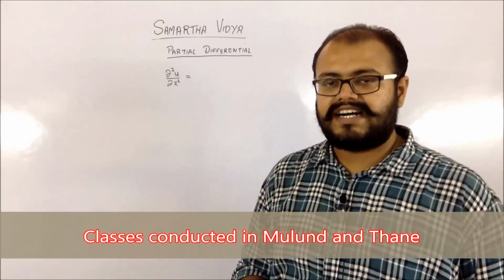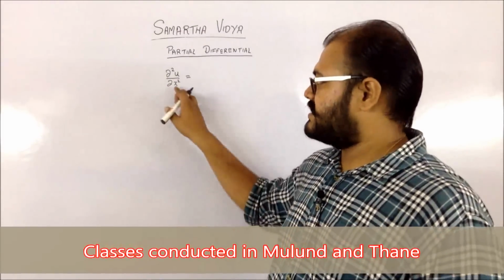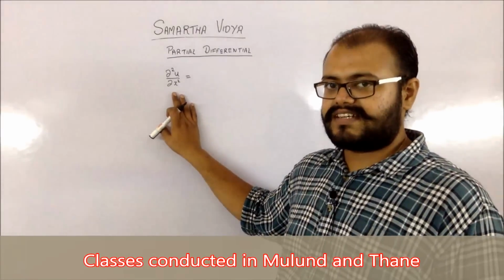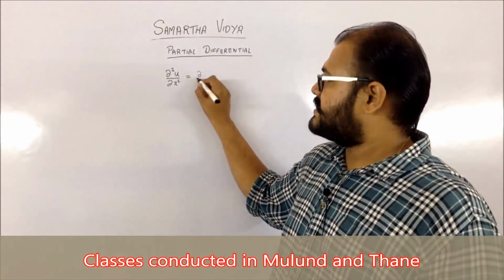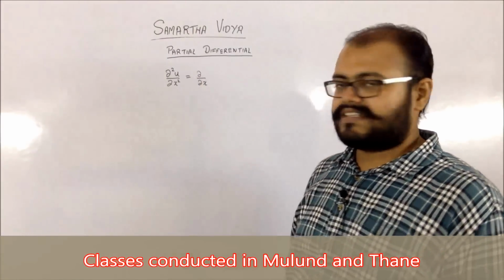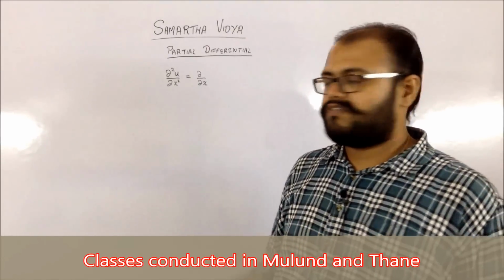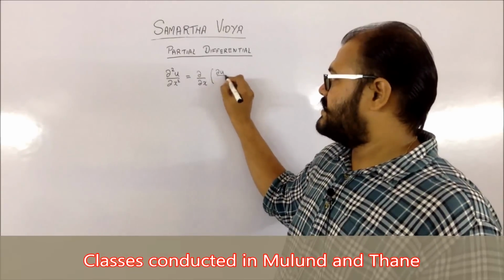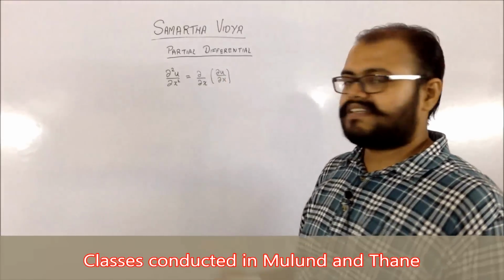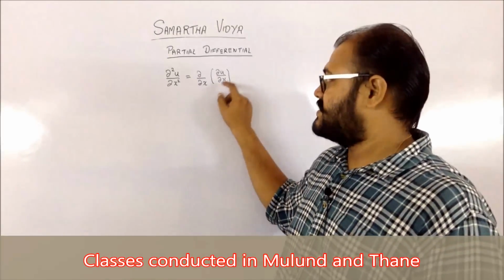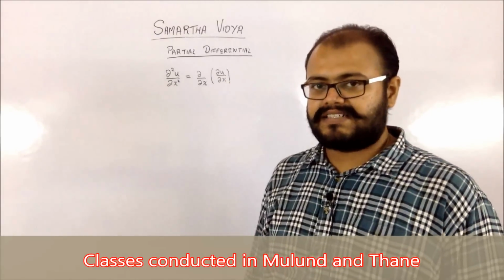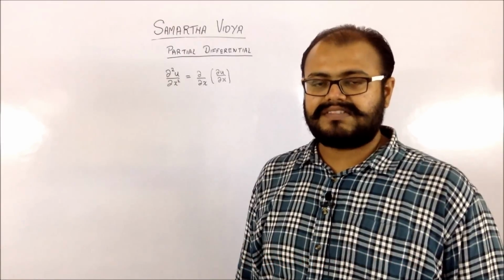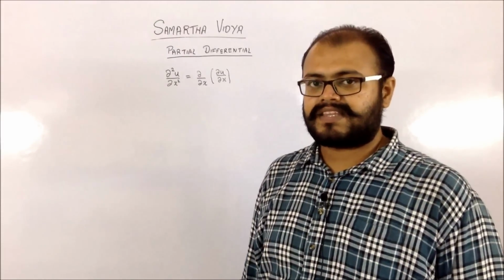So if you want to find a higher order derivative, so in this case we are considering your del square u by del x square, which is a partial derivative which I have taken. So it will be nothing but your derivative, that is partial derivative of a function with respect to x, and that of a function is going to be your del u by del x. So basically you are taking the derivative of u with respect to x partially first, and then you are again derivating that particular function with respect to x partially.